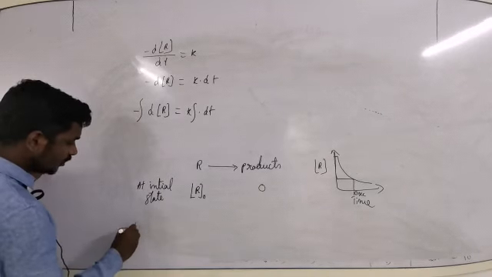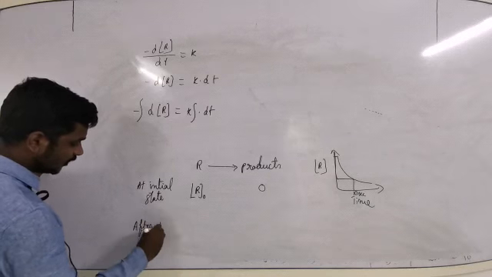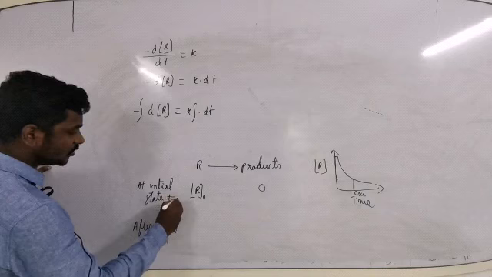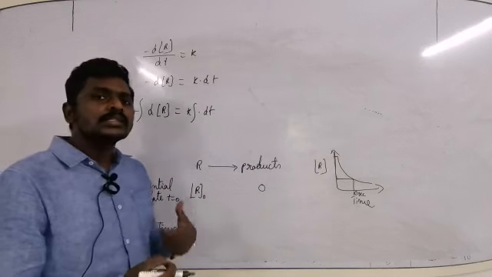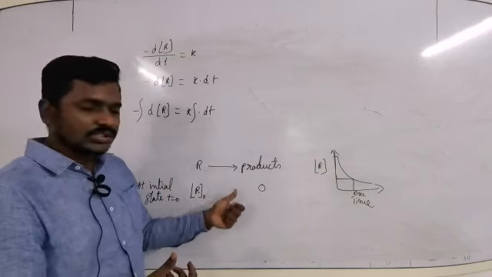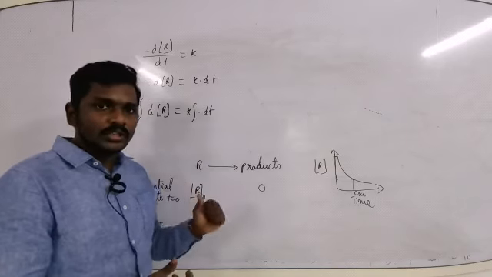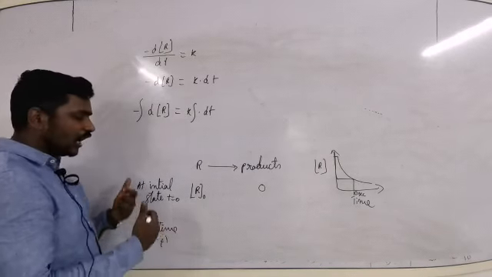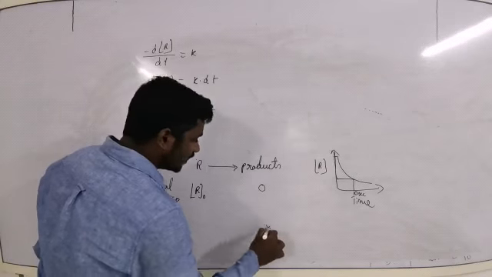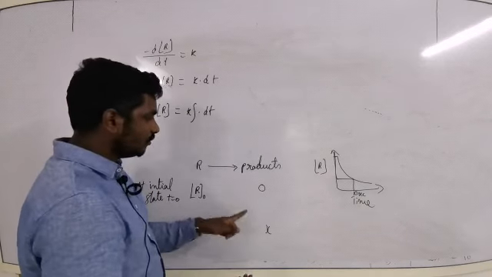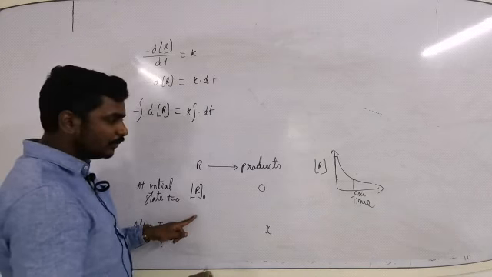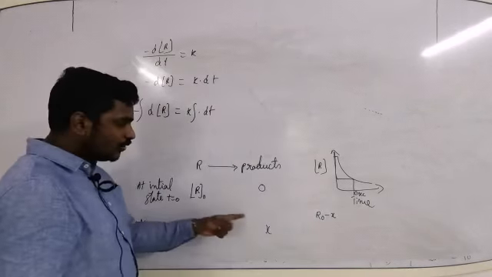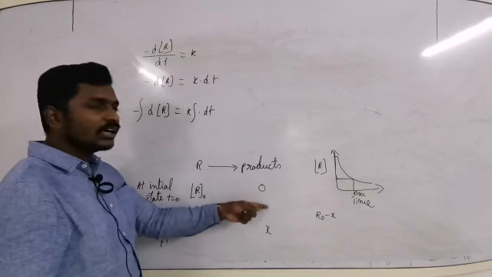And after a certain time t, what is the time at the initial state? It is equal to 0. Here time means the time taken for the reaction to progress, for the reactants to convert into products. If the reaction has not yet started, it indicates the time taken by the reaction is 0. After a certain time, some amount of products, that is x, is the amount of products formed. Then the concentration of reactant left over will be R0 minus x. Where you are getting the products, the reactants only convert into products.